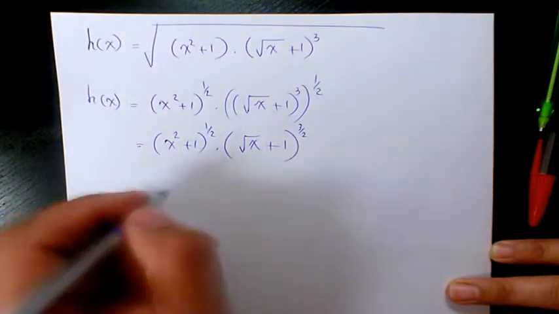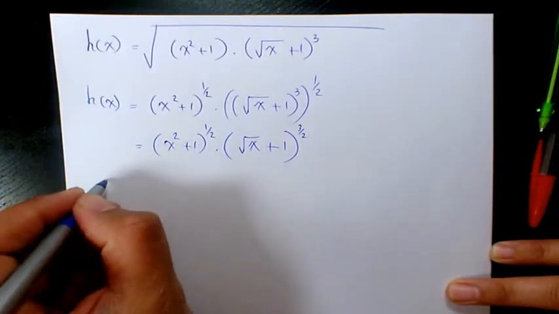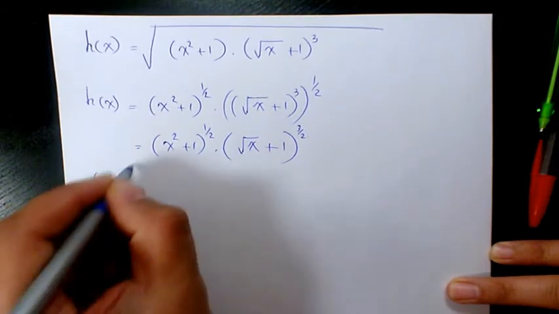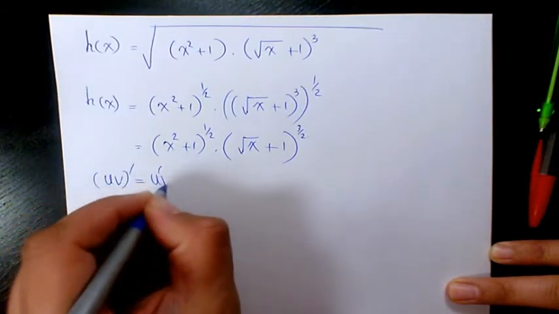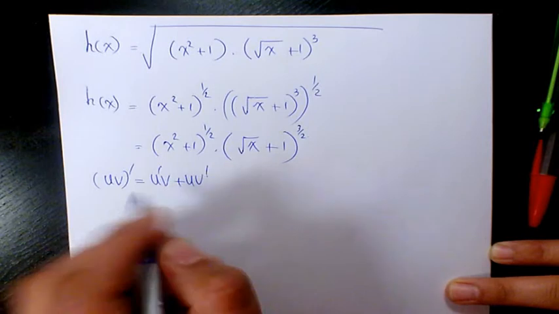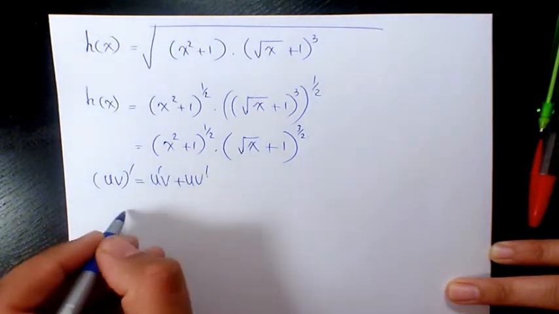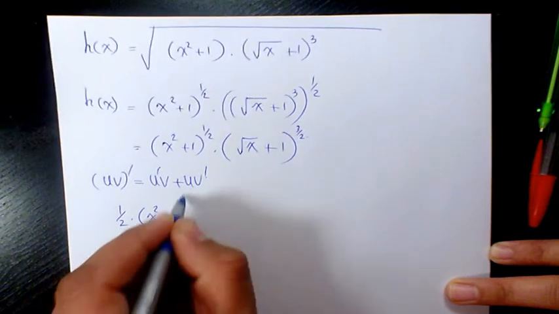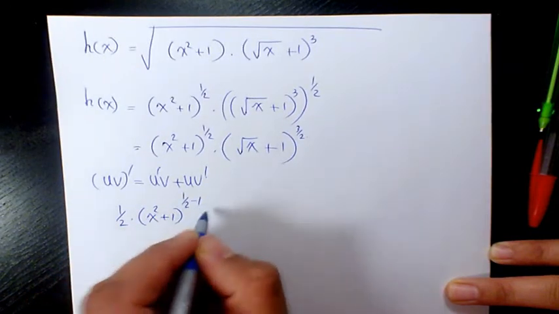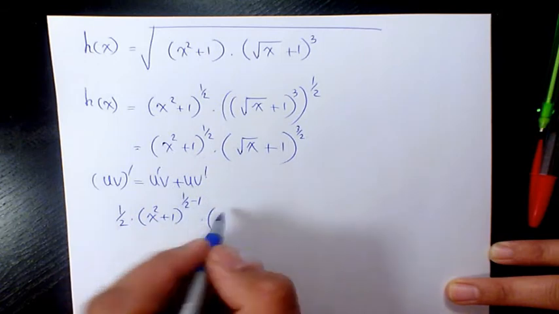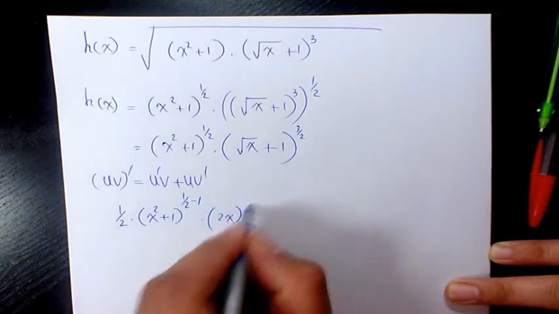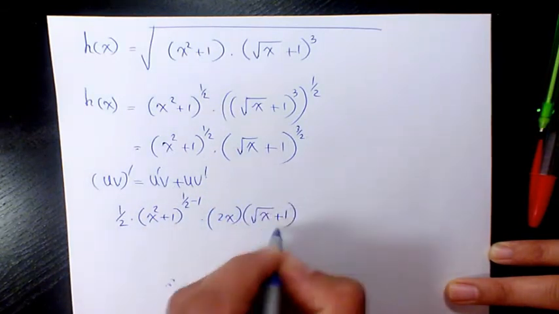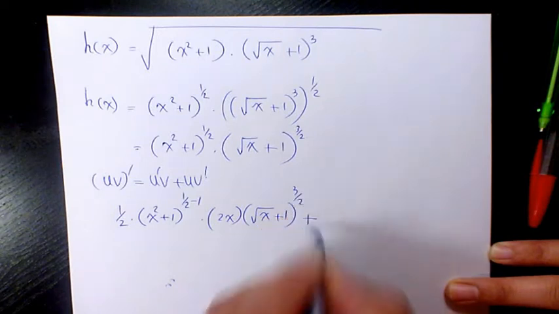Then we can use the product rule. The product rule says that the derivative of uv is going to be u prime v plus u v prime. So the derivative of the first one is going to be 1 over 2 times x squared plus 1 to the power of 1 over 2 minus 1, times the derivative of x squared plus 1, which is 2x, times square root of x plus 1 to the power of 3 over 2, plus